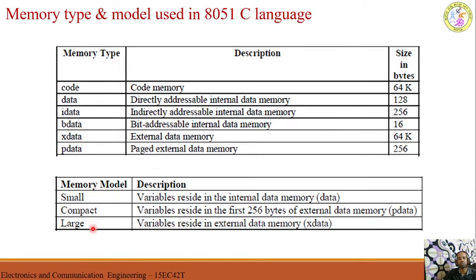While writing the program, we are going to declare what type of memory model we are going to use, whether small, compact or large. If I use a large memory model, what is the advantage here? If the memory model is increased, then the total amount of memory available also increases. More memory is available. If I have more data to store, then I must declare it as large, so that the available memory will be up to 64 kilobytes in this case.